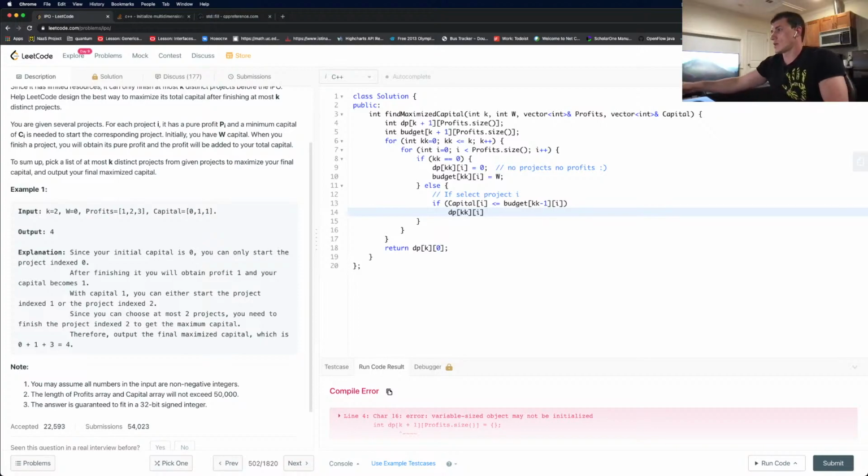Then we say kk equals to, right, on the project on the prior selection step for the position I, plus what?